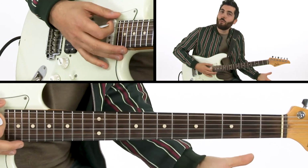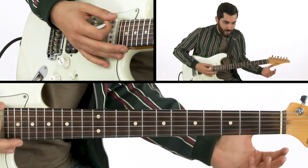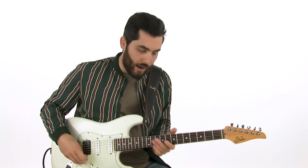And we're doing a lot of sequencing. We're not breaking new ground or anything. Sequencing, if you're not familiar with it, is taking a cluster of notes, playing them, then moving backwards, playing them again, and then moving forwards with another cluster of notes, then moving backwards again and moving forward, therefore creating a sequence. So this line here,